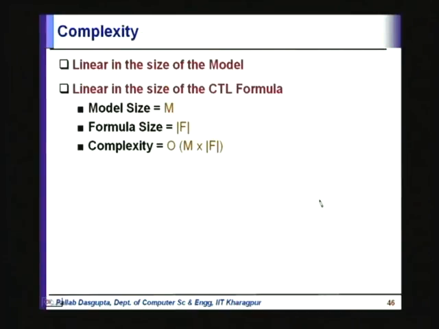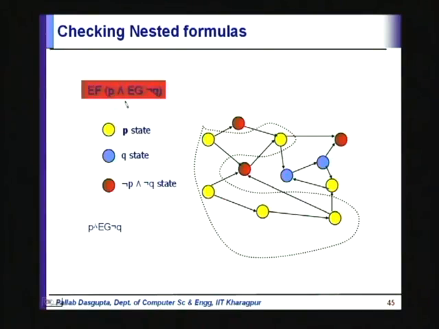Complexity. The complexity of CTL model checking is linear in the size of the model and also linear in the size of the CTL formula, right. Why do we say it is linear in the size of the CTL formula? Because we do this decomposition, and for each sub formula we have to do one of those fixed point computations, right. For example, for this property